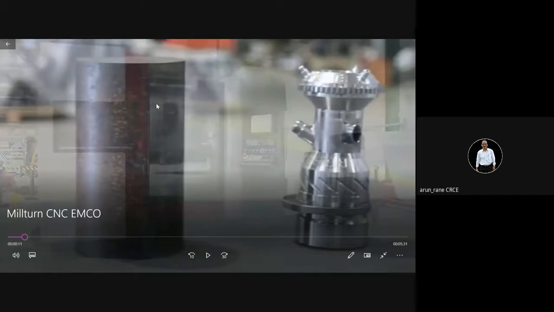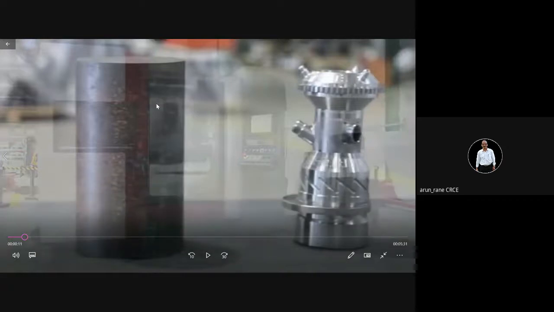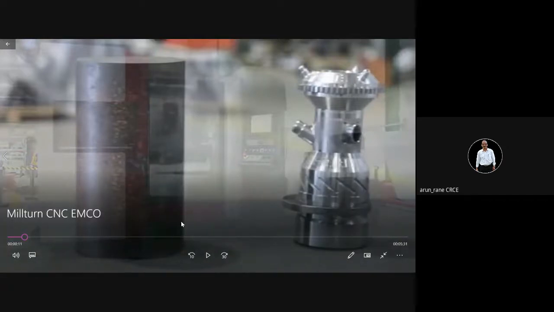You cannot go for casting, rolling, forging, or extrusion. Now, if you want to produce this, you will need a number of machines like drilling machines, then CNC lathe, then CNC teeth cutting. So many machines you need. Instead of that, if you have only one CNC turn mill, that is enough to produce this component. And this raw material is nothing but a round bar, a round piece.